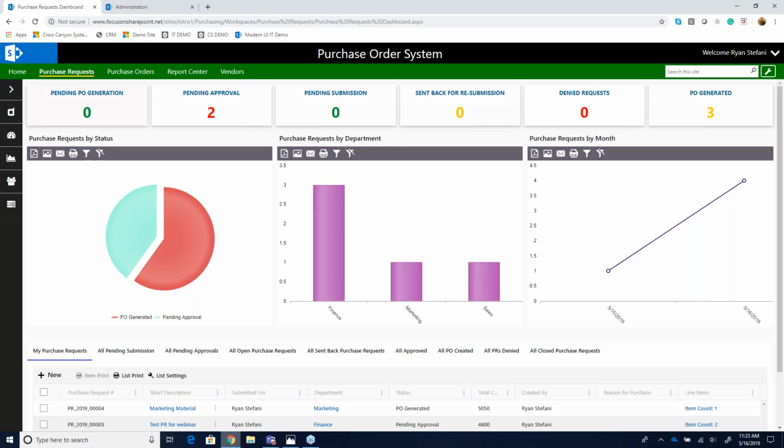So, circling back to automating purchase requests, right? We have the ability to submit that form, have multiple line items per purchase request, go through an approval process defined by your company internally, turn it into a purchase order and track those purchase orders. One of the things that I want to touch on before we wrap up here, or before we open it for questions, or answer any questions that came in,